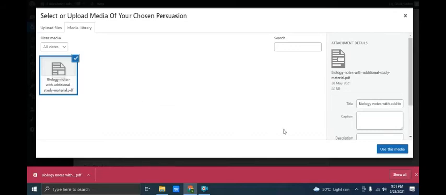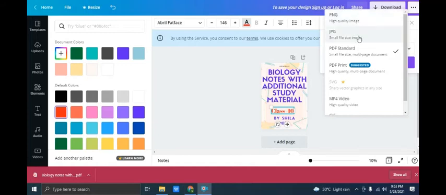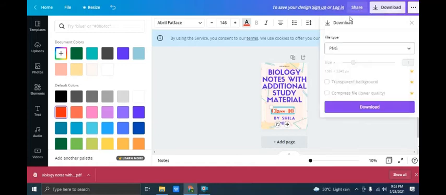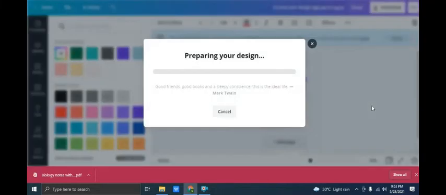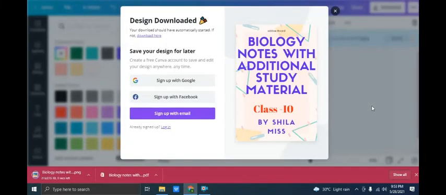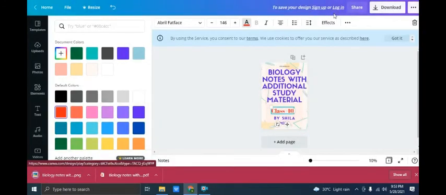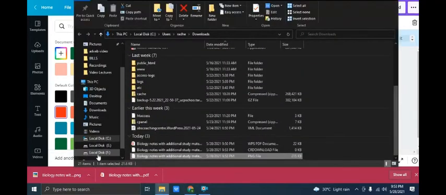Generally nowadays PDF files are used too much, but here a PDF file is not required. Here either JPEG or PNG format is the best. I will recommend you to download the PNG format. Now this is showing nothing, so you cannot insert it. So now go back to Canva and change to PNG file. Now PNG file, and then download it.